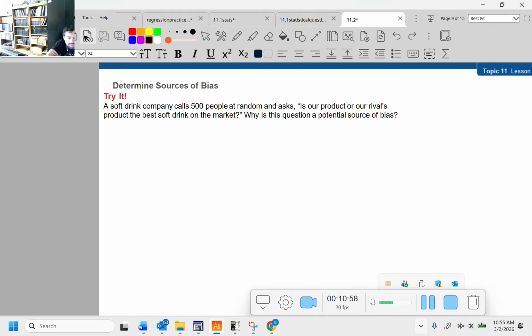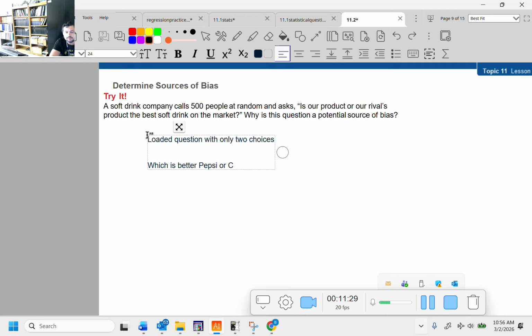All right, try it. A soft drink company calls 500 people at random and asks, is our product or our rival's product the best soft drink on the market? Why is this question a potential source of bias? Because they only gave you two choices. That's the problem with the question. This is a loaded question with only two choices. That's it. If the question is which is better,